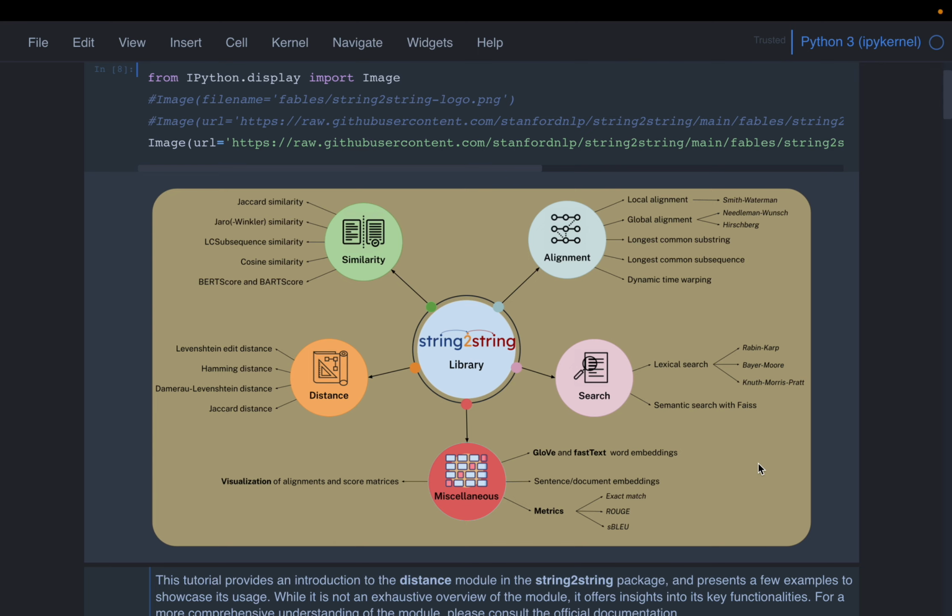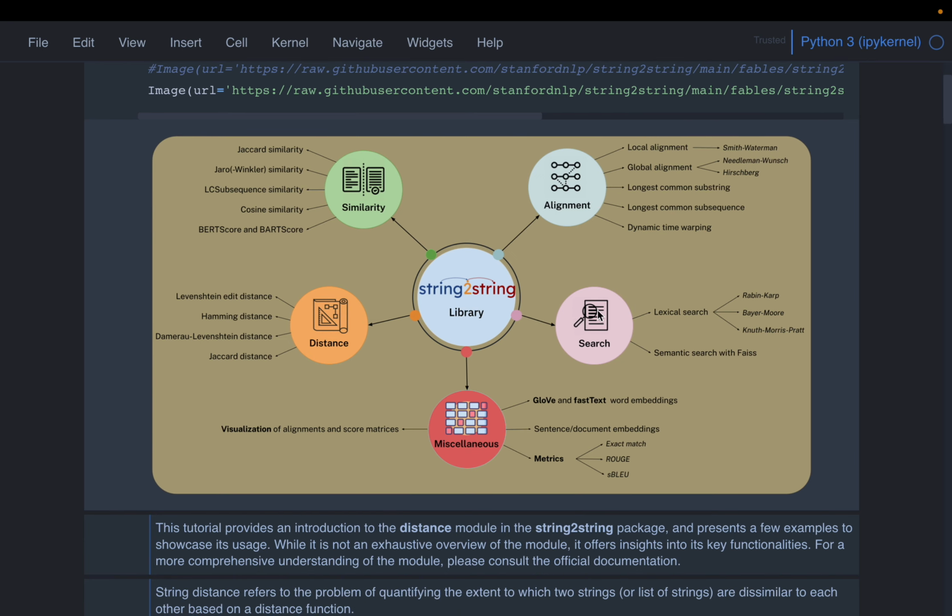Friends, recently I came across a library called String to String in the natural language space. It's developed by Stanford University. It's quite good. It has some old as well as recent algorithms to compute the distances between strings, similarity between strings, to check how they align with each other, which is commonly used in bioinformatics, as well as some search capabilities. And then it also has the embeddings functionality so that we can use it to build semantic search engines,